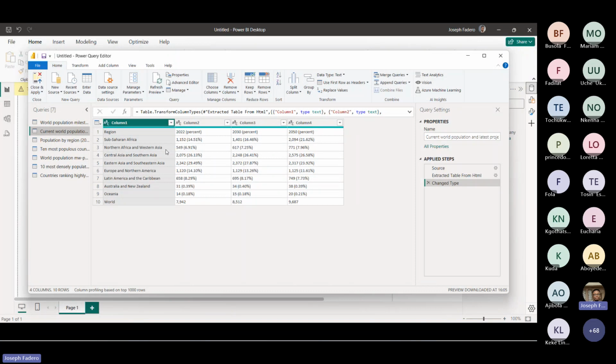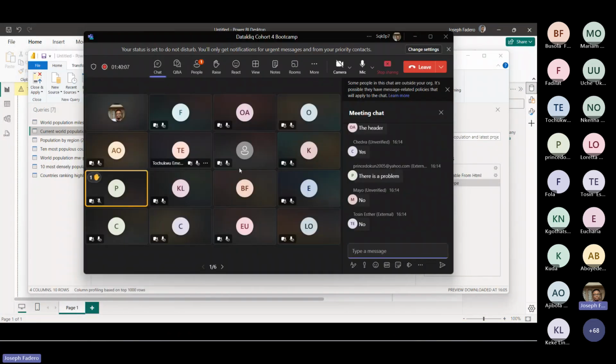Like, if we load this data in directly as it is, will we be able to do a lot of meaningful analysis with it? Okay, I can see no.